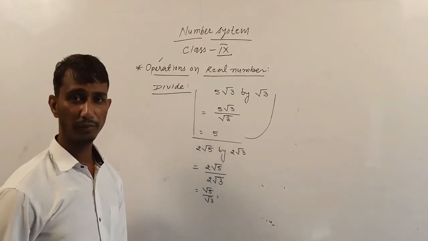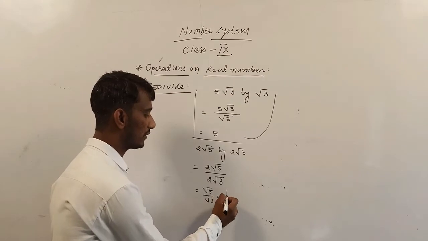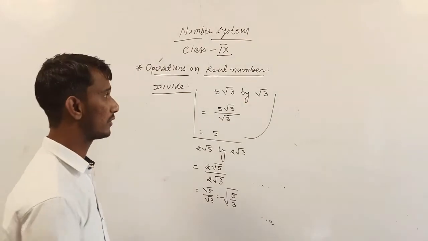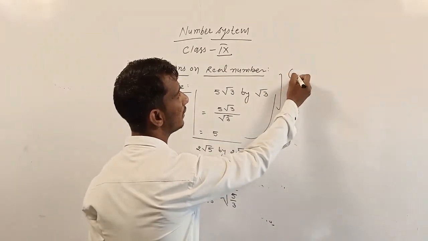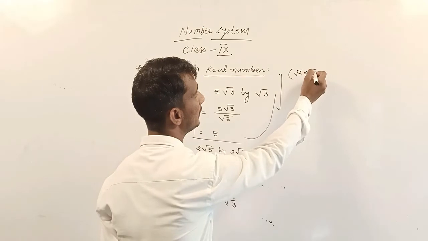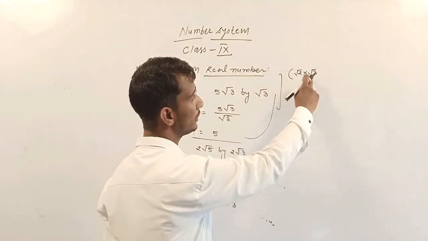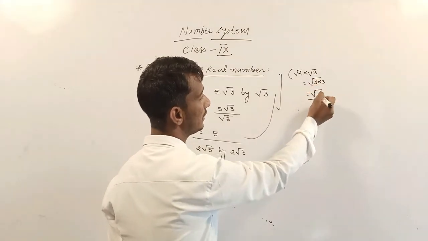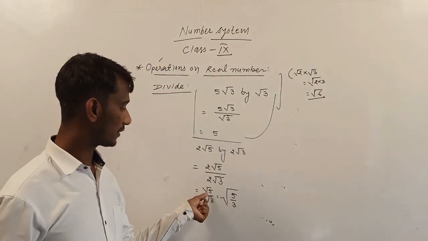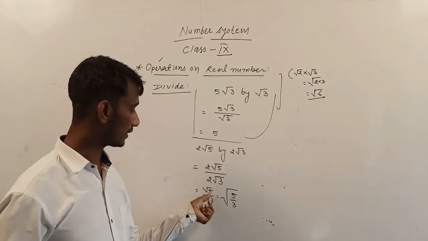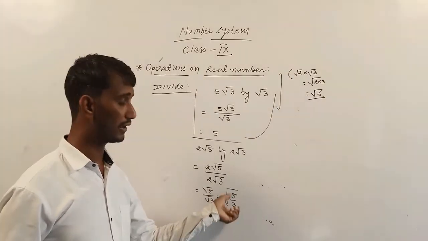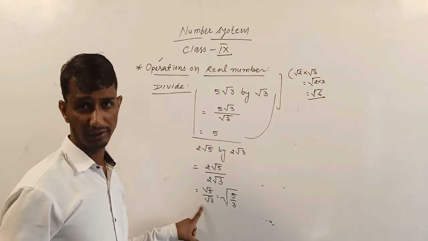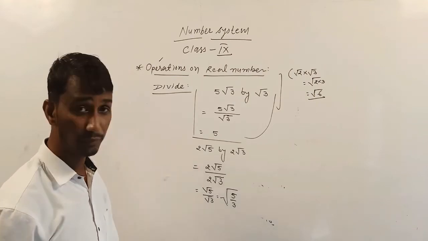Okay. Any problem? Yes, you can write it under only one root symbol, root of 5 upon 3, because in the product you have written 2 root 2 into root 3 as root 6. Okay. So in this way you can write in division if a single number comes here. So 5 upon 3, and single means this number can be written in the form of root 5 upon root 3. I hope you are getting my points.